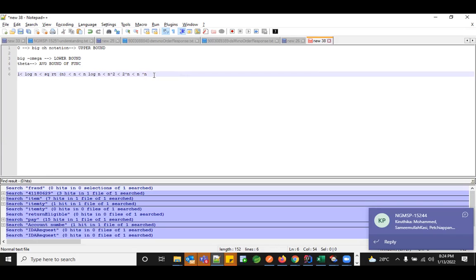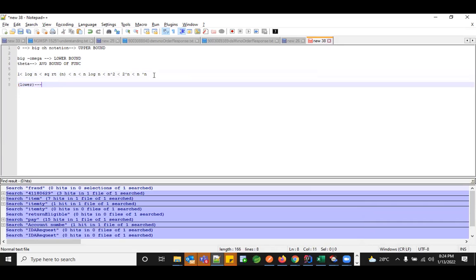So if you see the lower bound, the first values will be the lower bound, and the middle, from n to n before n squared, that would be your average bound. And the final part, where it's 2 power n and everything beyond, would come into consideration as the upper bound. So this would be the range.